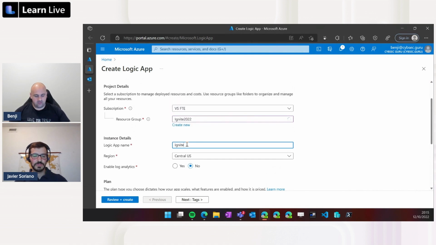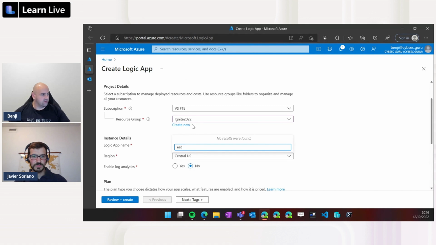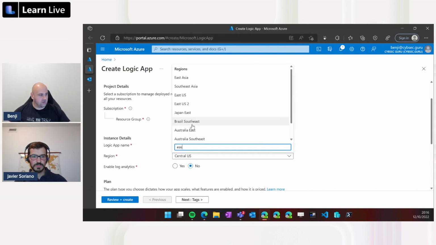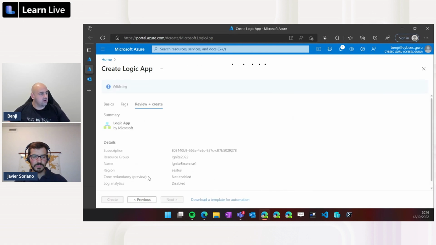So Ignite exercise 1. The location where we want to deploy it. So in this case, I will choose East US. And we will click on Review and Create.